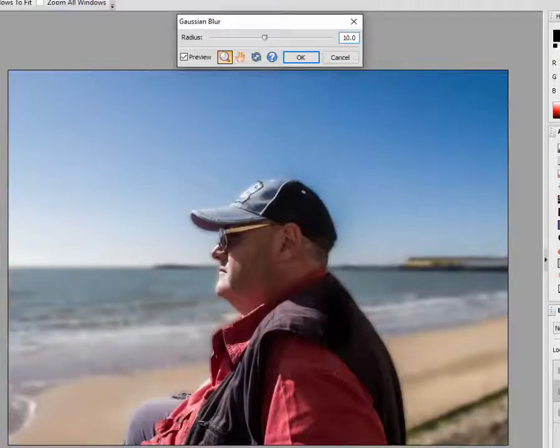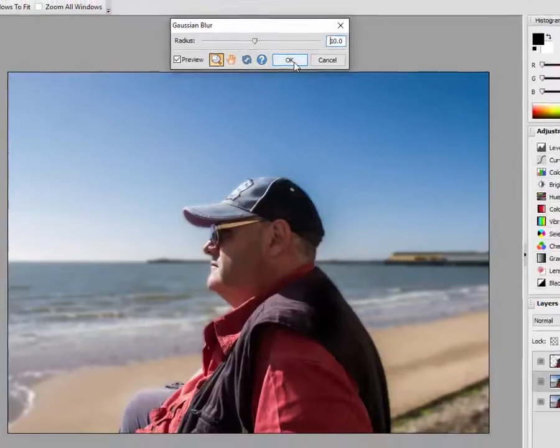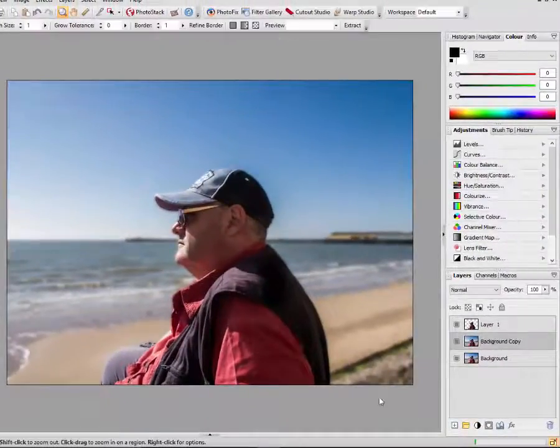I'll come down to 10. See, that's not too bad. So I'll leave it on 10 and click OK. Now, what you could do here is you could leave it at that, or you could try and make this selected area stand out a bit more. So if I come back up to the top layer by clicking on it and selecting it,